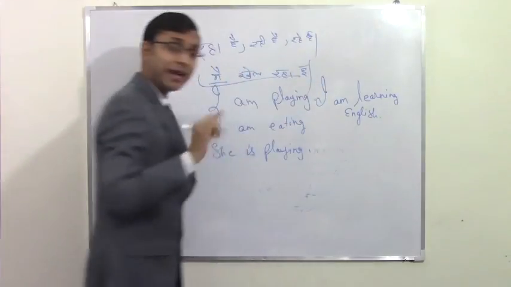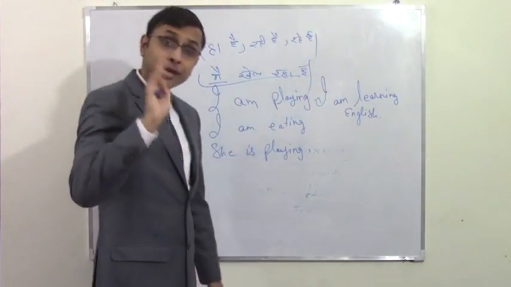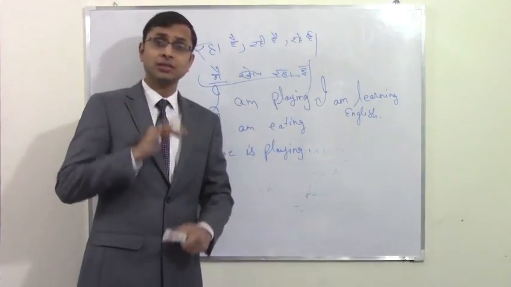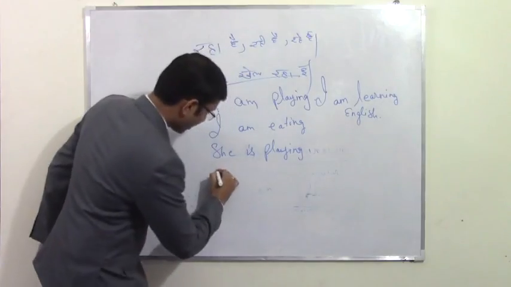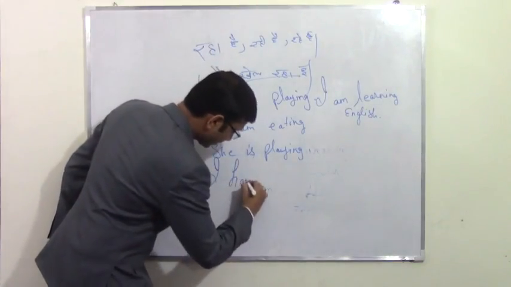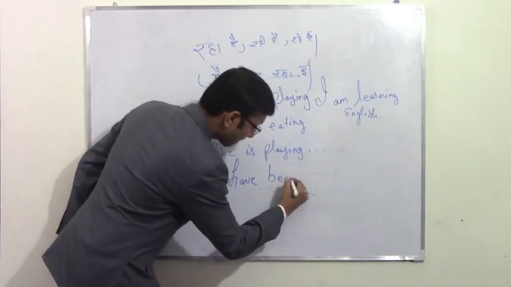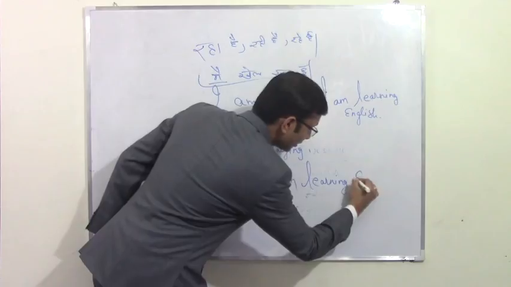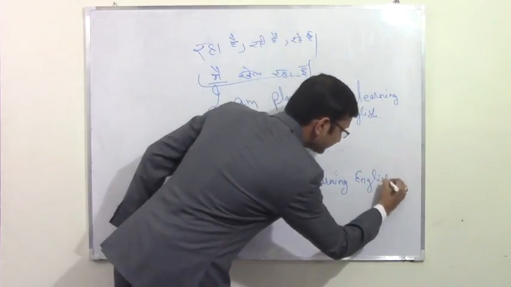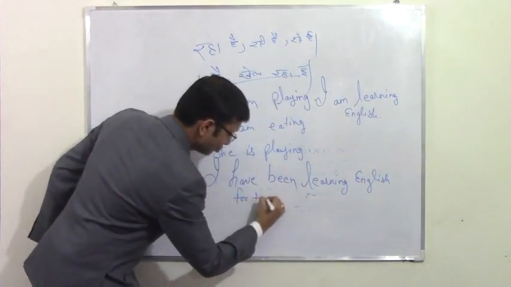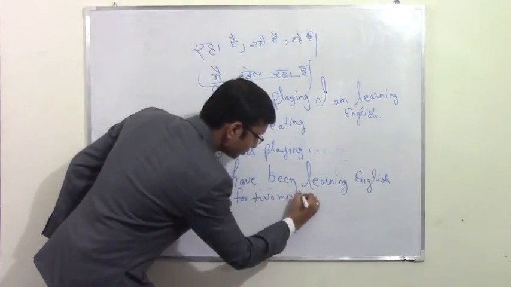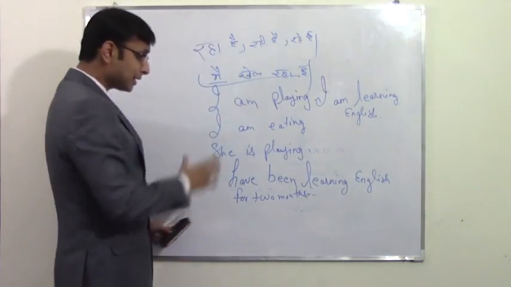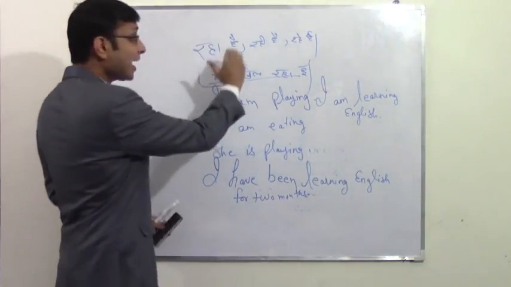But now if I add time to it and if I say मैं 2 महीने से इंग्लिश सीख रहा हूं, then we will not say I am learning English for 2 months. We will say I have been learning English for 2 months. So basically, the rule is whenever we're talking about any sentence with raha hai, rahi hai, rahe hai,